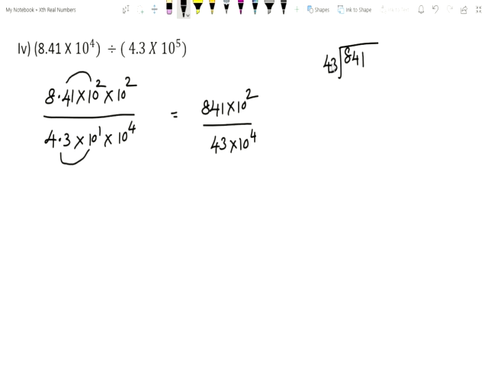How many times does it occur, children? In 84, how many 43s are there? Do you know that? One time. 143. Subtract this. 1, 4. Next take 1. 411. How many 43s are there? 9 times. 9 3s are 27, 7 remaining 2. 9 4s are 36. 36 plus 2, 38.